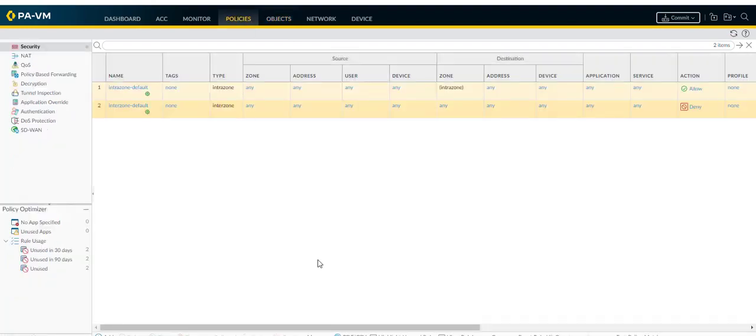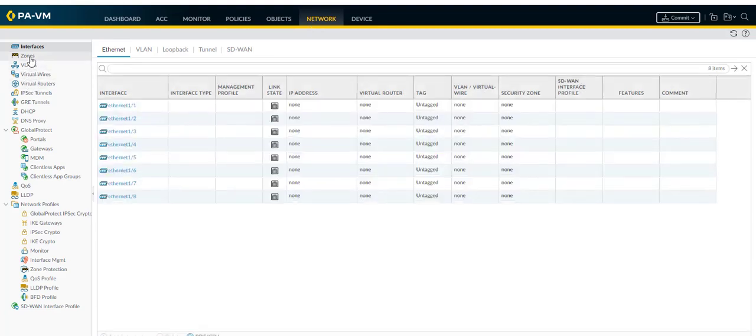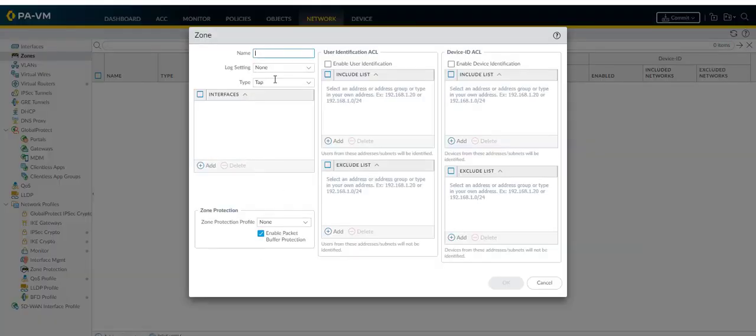Now, before we create a policy, we can clone one of these, but let's create zones first. So we're gonna go to network, and we're gonna create zones. Okay, we're gonna create an inside and an outside. So this is gonna be inside,